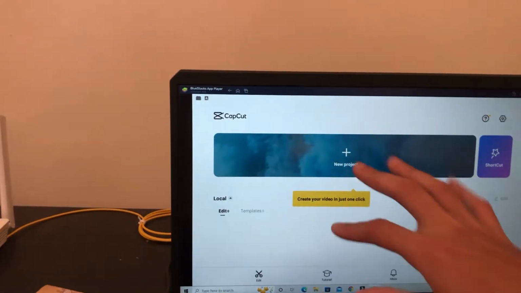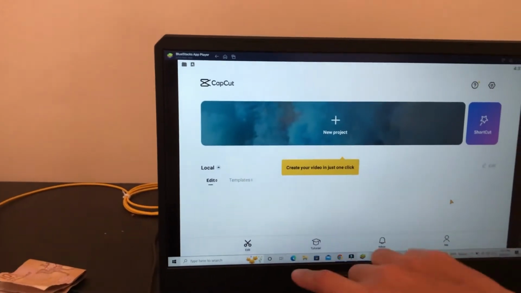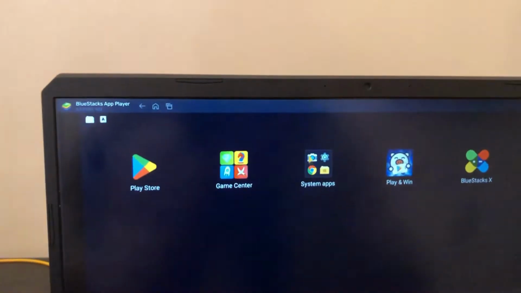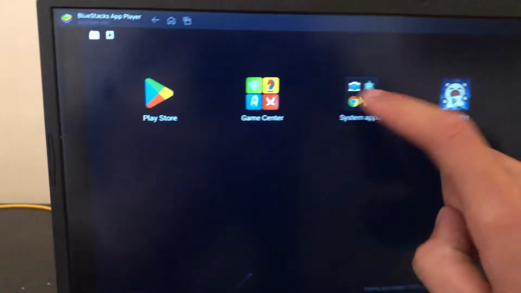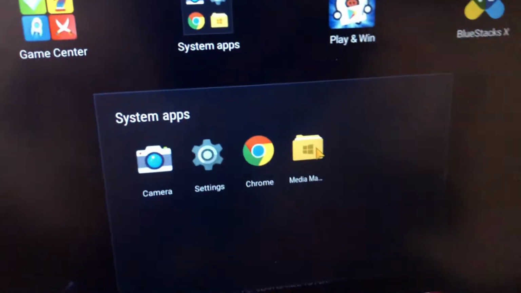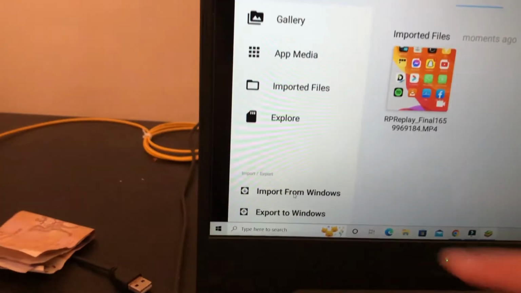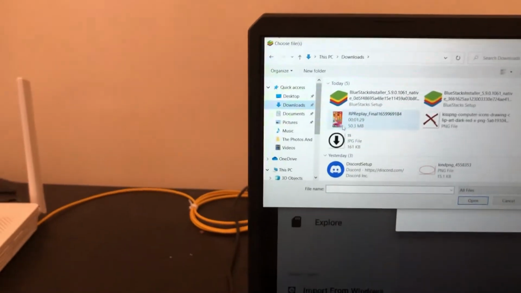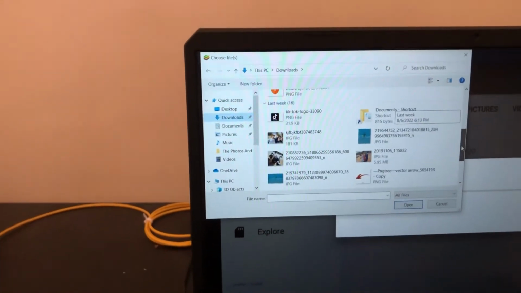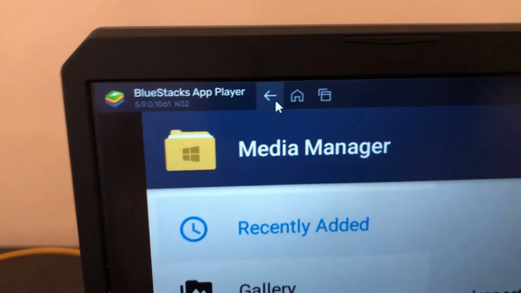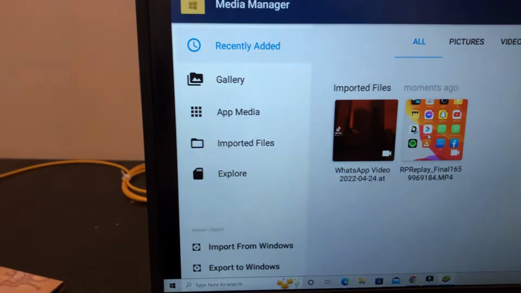So if you want to use your video files on your PC, here you have to click this home button here, as you can see here. Click it, and here you have to click settings and apps. No, see system apps. You want to click system apps. Okay, and after that you want to click media. Just click media, and as you can see here, guys, you want to click export from Windows. Okay, just click export from Windows, and here you have to select your video that you want to edit on Capcut. Okay, for example, I am going to select this video, and after that you want to go back, just click here this arrow at the top. Click it until you see